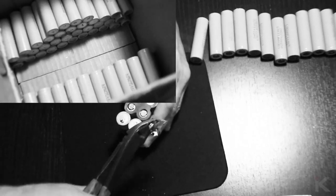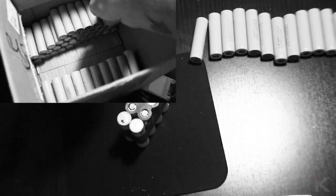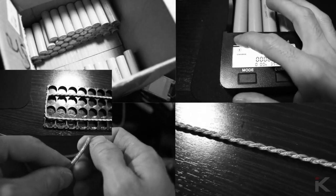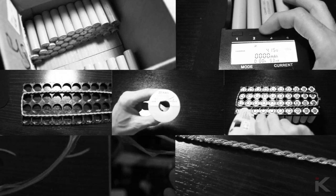In the first episode, I discussed where I source my battery packs from and how I tear them down into individual 18650 batteries. In the second episode, I explained how I process and charge the batteries and create a bus bar. In the third episode, I finished the bus bar, gathered fuse wire, and tested each individual battery in the pack before